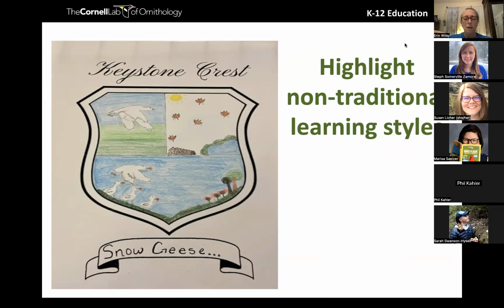So this is an example of a project I made with Keystone Crest. I was doing keystone species, and this is just one on snow geese that a kid chose to do because we actually have a lot of snow geese around here, and they are a keystone species. And so I do a lot of arts and crafts projects with alternatives if kids aren't comfortable with that. But you would be amazed by just asking the kids to go out and draw something, or actually, this is where I would use my photography.